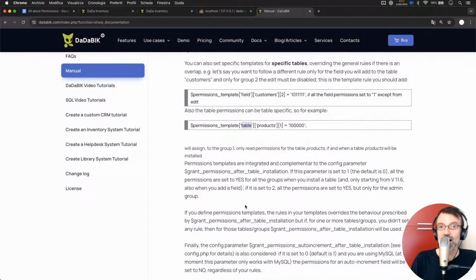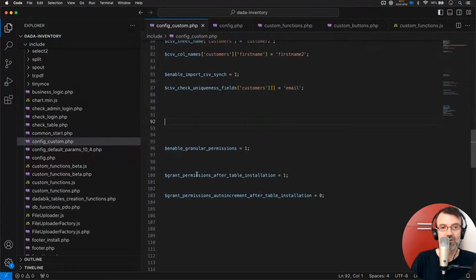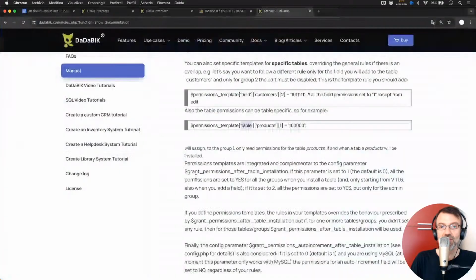Let me just tell you how these templates kind of interact with the 2 parameters we have seen before, these 2 ones. Okay, well,